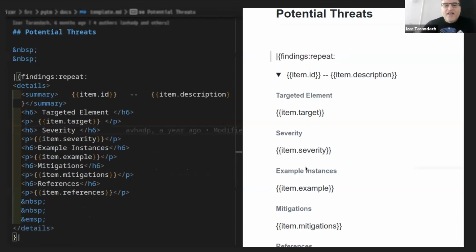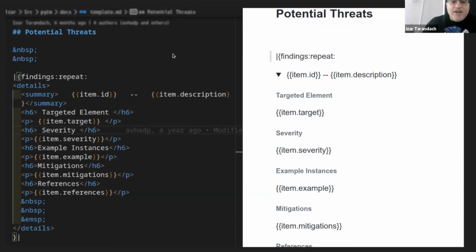Okay. Now, how do we get the reports out? We have this very simple template language that uses the Python elements themselves, the Python objects themselves, and their attributes. You can see an example here of how Markdown template gets expressed. We get a loop here of the items, then the targeted elements, and each one of their severity, and so on and so forth.